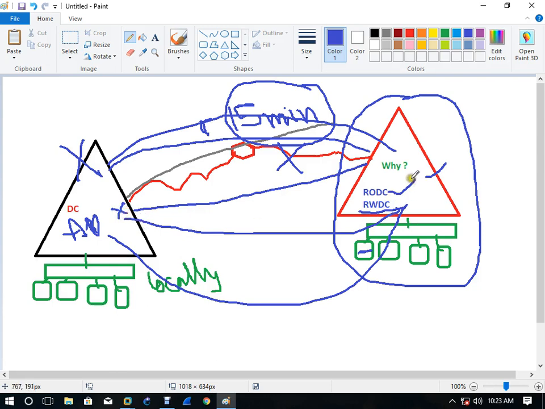You can still work on this server and modify whatever you want. Meanwhile, you have time to troubleshoot this server and bring it up. But in RODC, if this server is down, you can think that this server becomes silent. It cannot do anything. Only one difference is there: the existing users are able to log in.